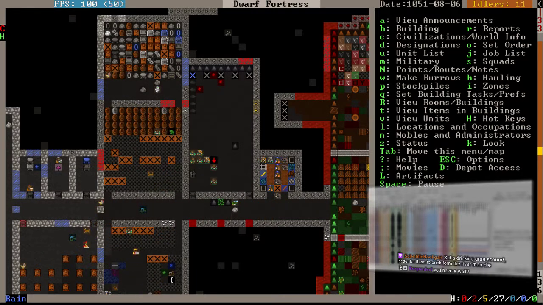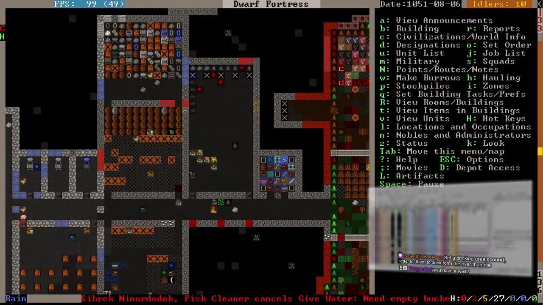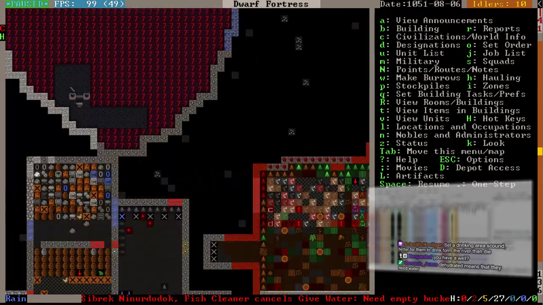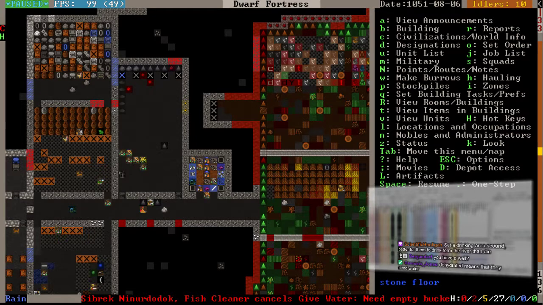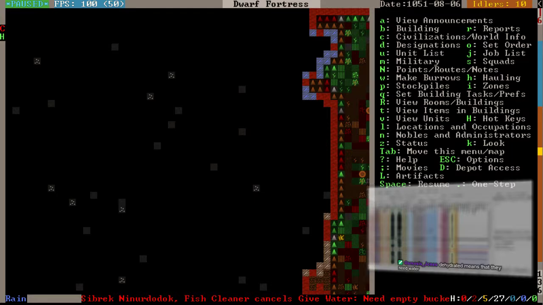Set a drinking area, scoundrel. Better for them to drink from the river than die. I don't have a well either. That's a good point, Bergendorf. But I would probably need to find a cavern to make it a bit more convenient to get some water. I'm just going to pause it here, and we're going to think about it. The trouble is, if I send them down to the river...